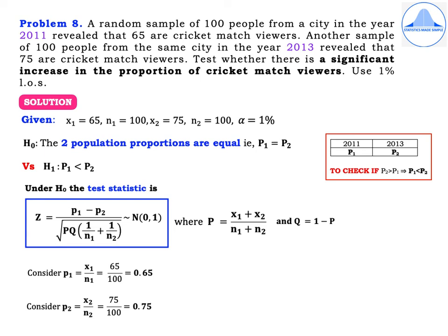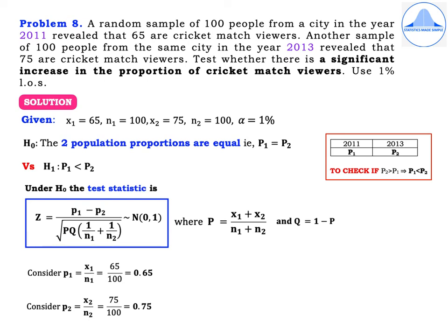Let us write down the solution. So given x1 is 65, n1 is 100, x2 is 75 and n2 is again 100 and alpha is 1%. H naught is the two population proportions are equal, that is capital P1 is equal to capital P2. Now in the red box which I have highlighted, the year 2011 has the proportion of cricket match viewers in the population as capital P1, and for the year 2013 the proportion of cricket match viewers is denoted by capital